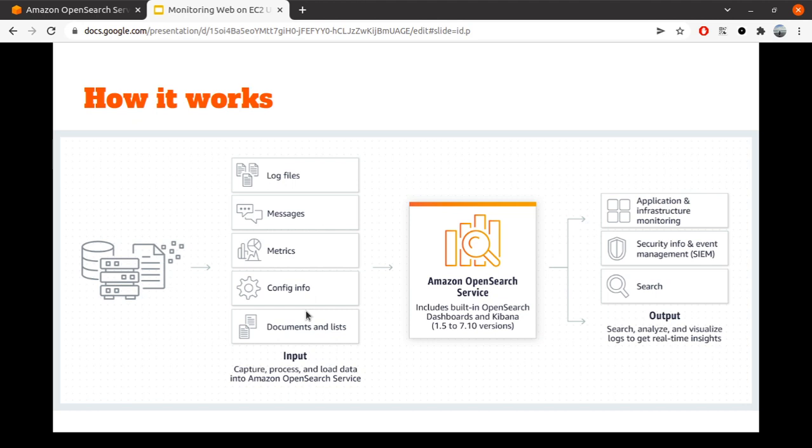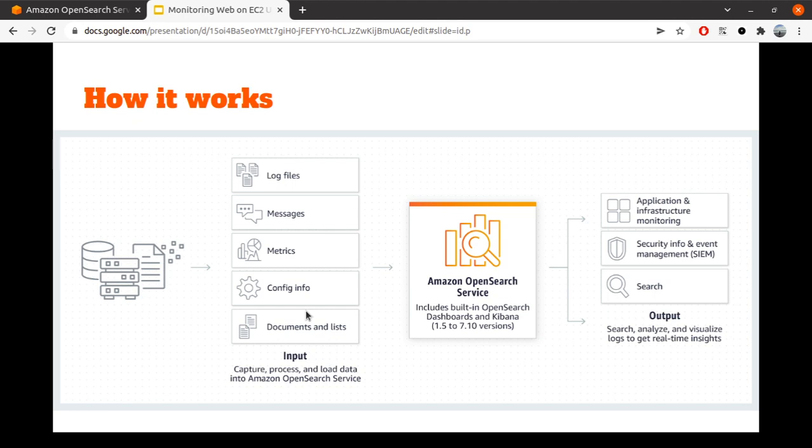I will mention some tools that we can use for this. So this is for the input, and at least you can know the many sources that you can try to ingest into AWS OpenSearch, with a supported format. Usually if you have a delimited format, text format, or JSON format, it will be easy. It will be easier if you have JSON, because the unstructured data can be easily ingested. You can also create your own pattern to read a text file, and then determine that this part of the line will be the value for this field, and another part is for another field. So there is no problem, we can do something like that.